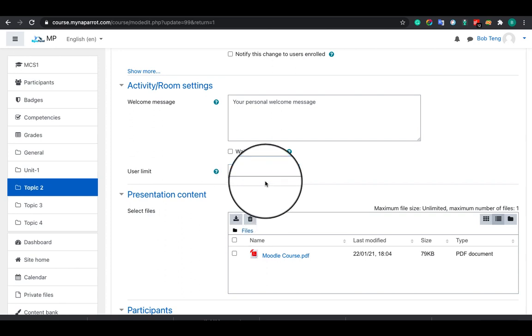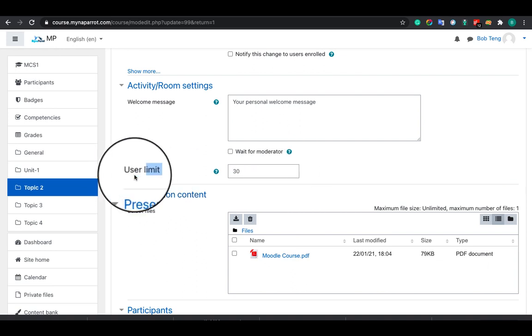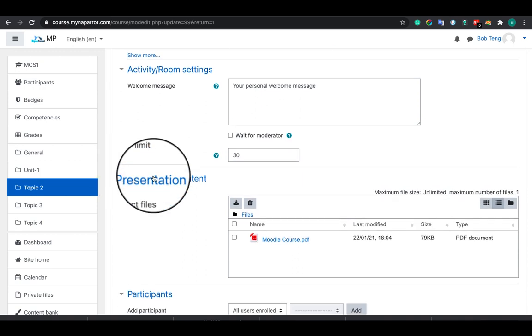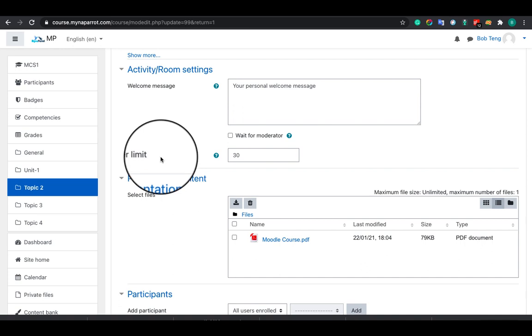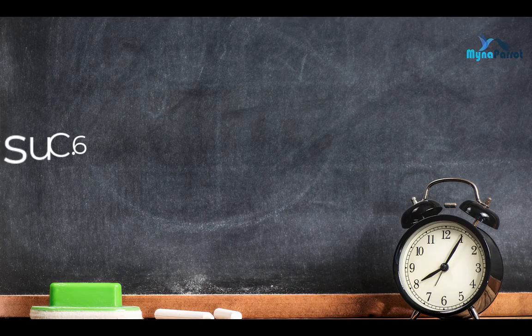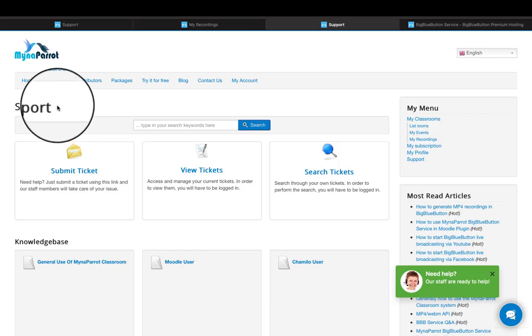If you do not set this figure, then our system will use 30 for each session as a user limit. Also, we use the number of user limits to calculate your total usage, not the real number of joined users. For example, if you have a running meeting and configured 50 as user limit, only 10 users joined. We take 50 as the usage. If you only have 50 concurrent users with us, then you cannot open the second meeting even if you only have 10 users joined.